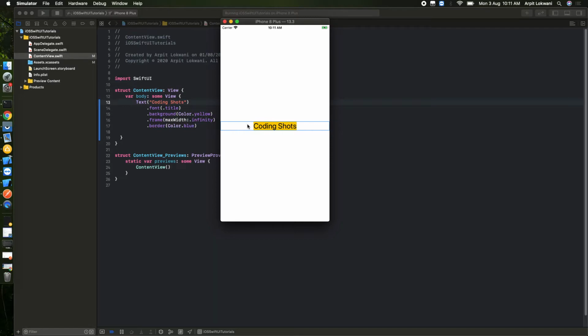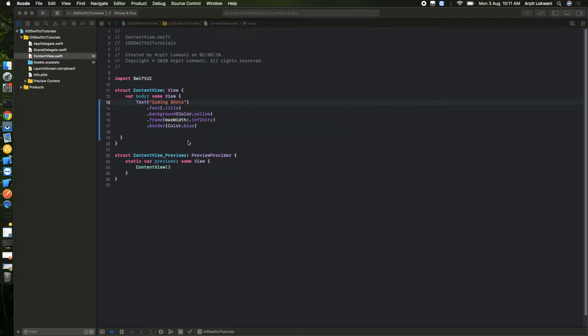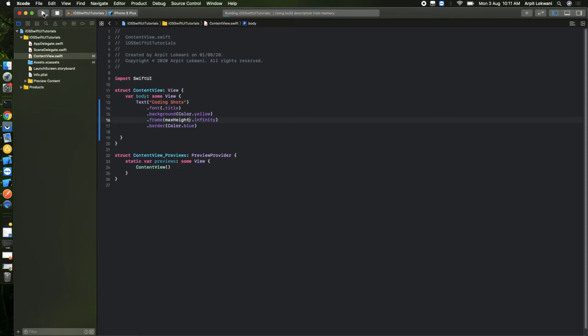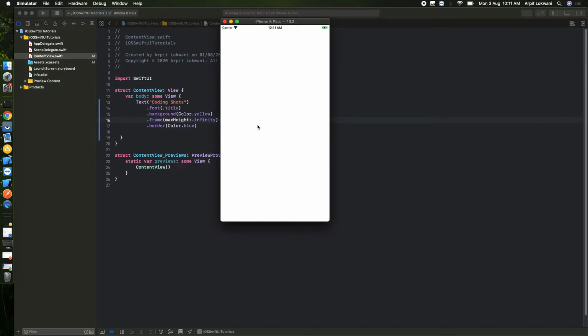Now for the height also, you can play, you can say max height. So it should be for the height. So the text view will expand vertically in that case. Got it, right?